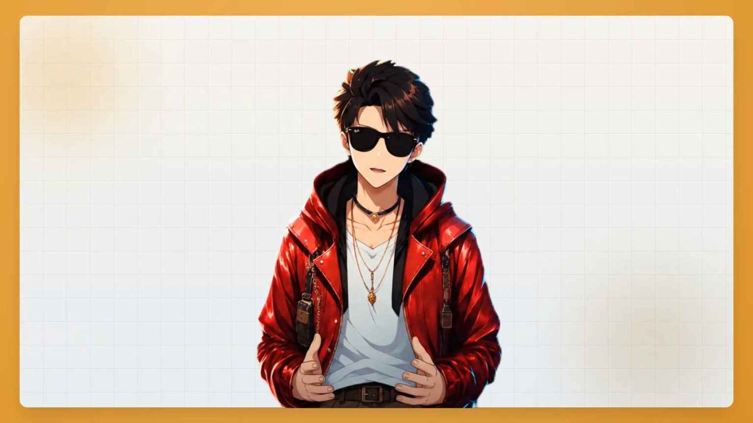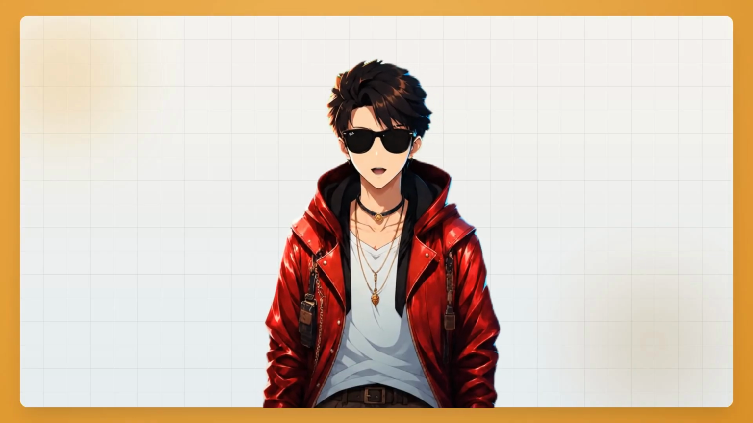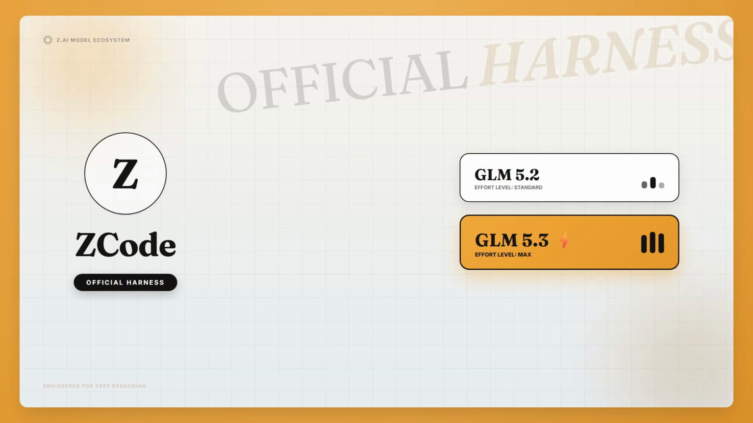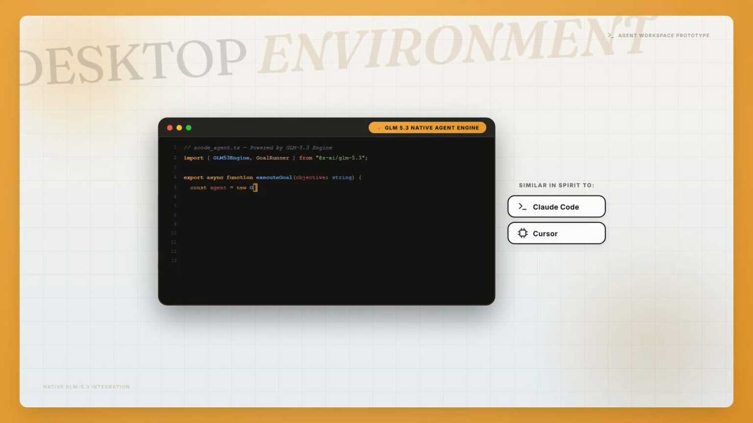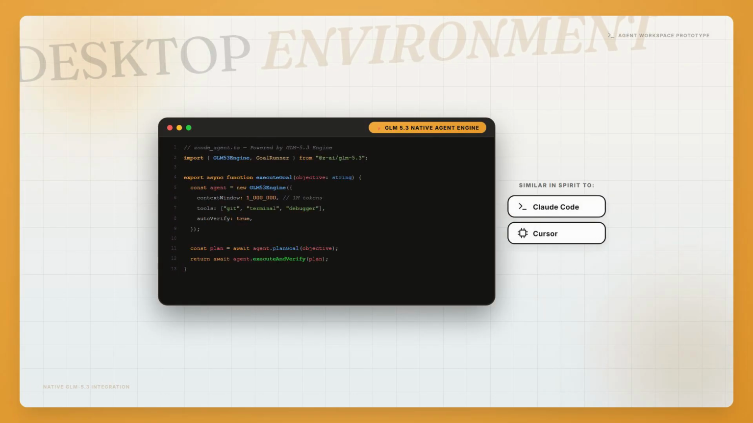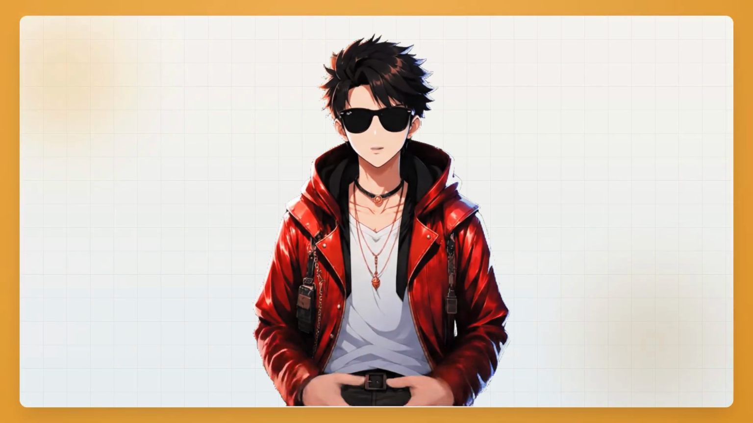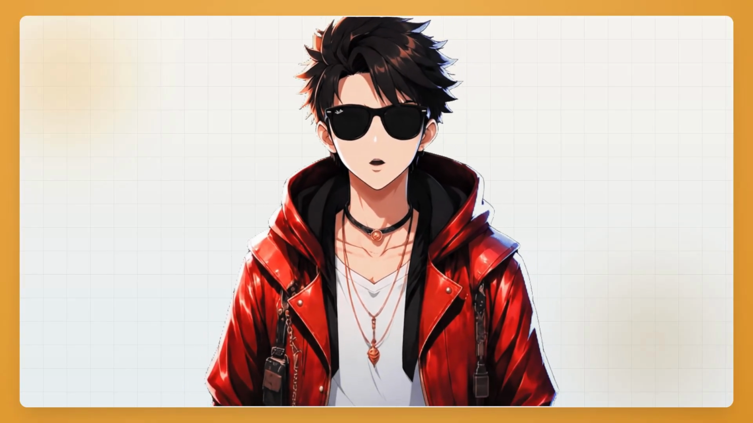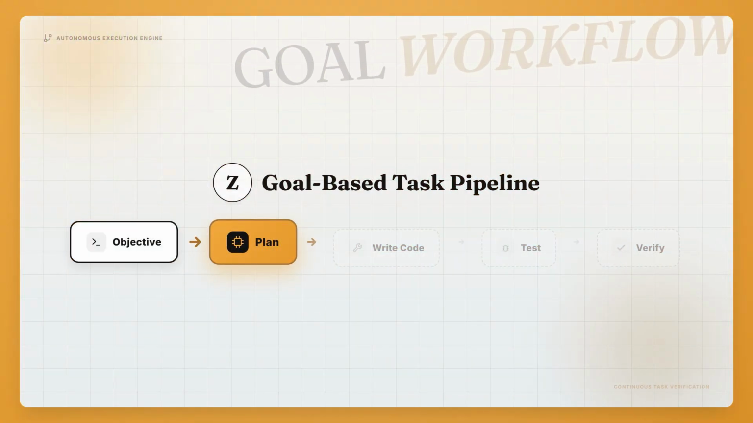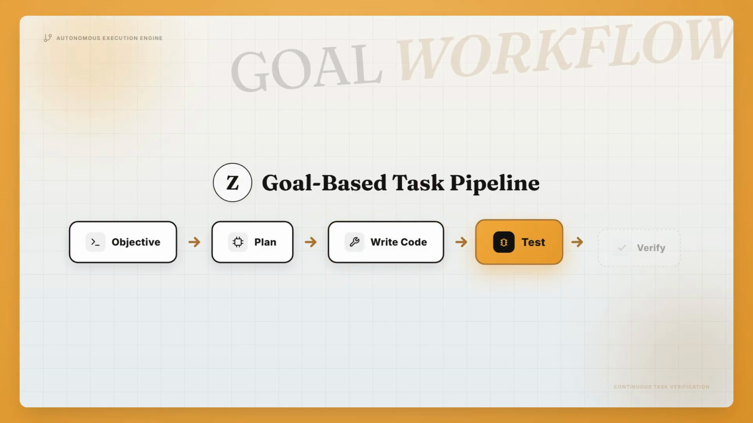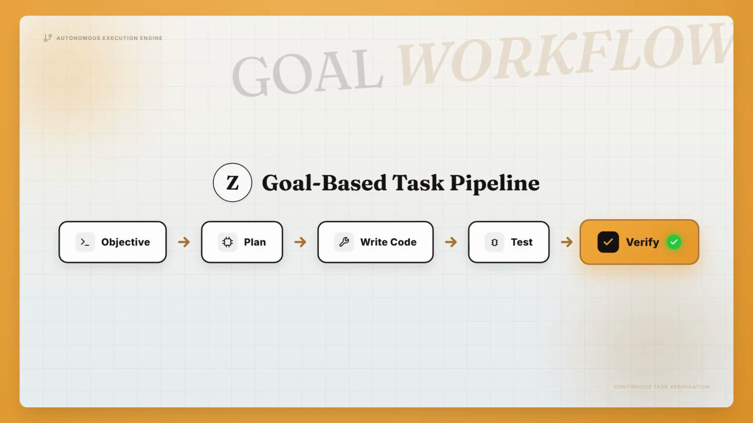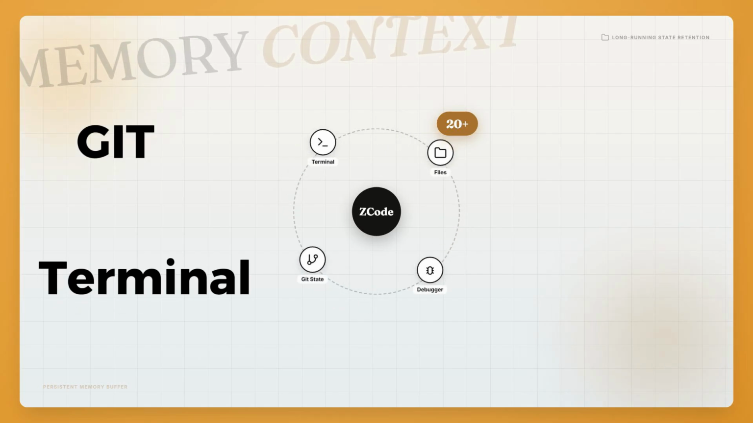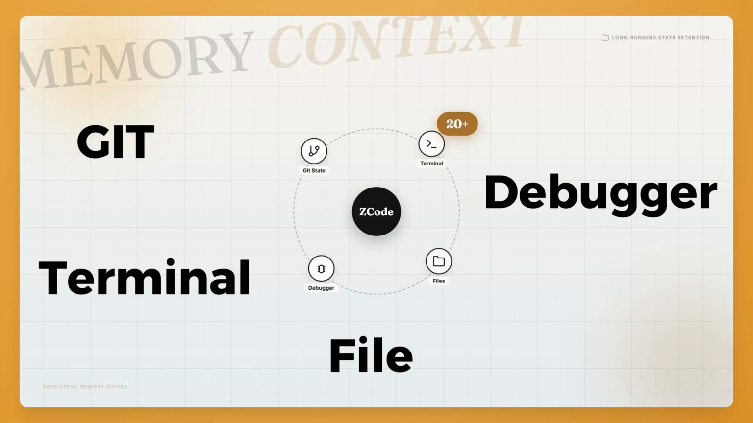Before we install anything, let's quickly talk about what these tools actually are. ZCode is the official coding agent harness built by Z.AI for their GLM models. Think of it as a full desktop coding environment, similar in spirit to tools like Claude Code or Cursor, but purpose-built around GLM 5.3. Instead of just chatting back and forth, ZCode works through goals. You give it an objective, and it plans, writes code, tests it, and verifies the result, all inside one continuous task. It comes packed with over 20 built-in developer tools: Git, terminal access, file management, debugging utilities, so you're not